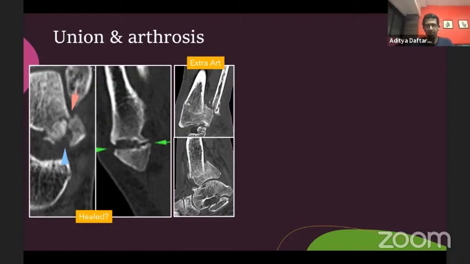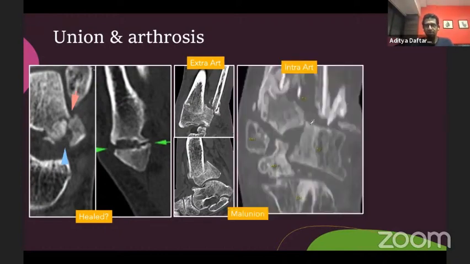That's from the extra-articular side. And then it also gives you a sense from the intra-articular side that after you've removed hardware, what is the gap in the articular surface, what is impinging against what, what has gone into which locations. So it gives you a sense of what the structure looks like post-union. And given that CT allows you an incredible number of reconstructions, 3D reconstructions, and the ability to subtract bone that's in the way, it can really give you a nice idea of what the structure is